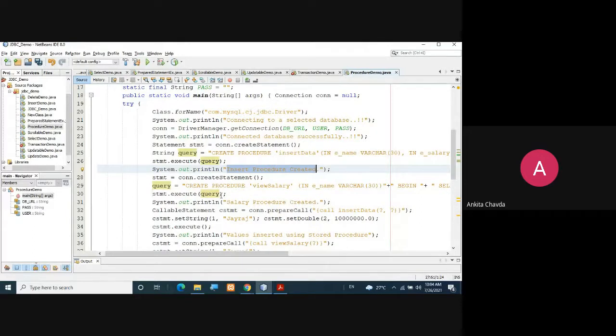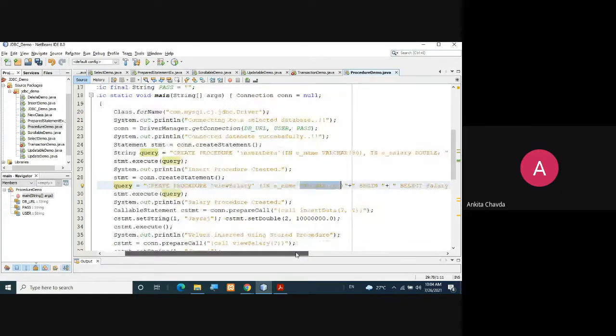View the salary, right? So for that, again, you are creating this create statement. You are writing here query equals to create procedure named view_salary, in e_name varchar(30).